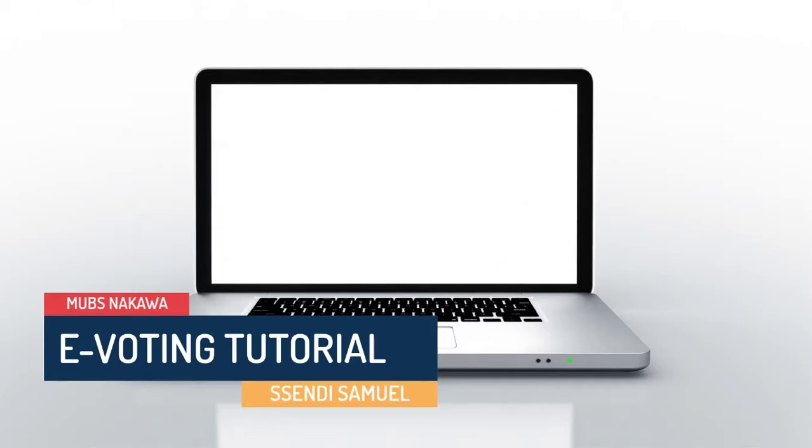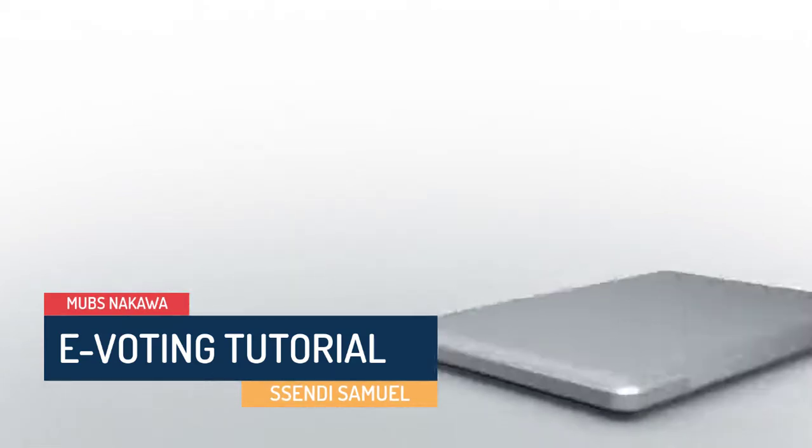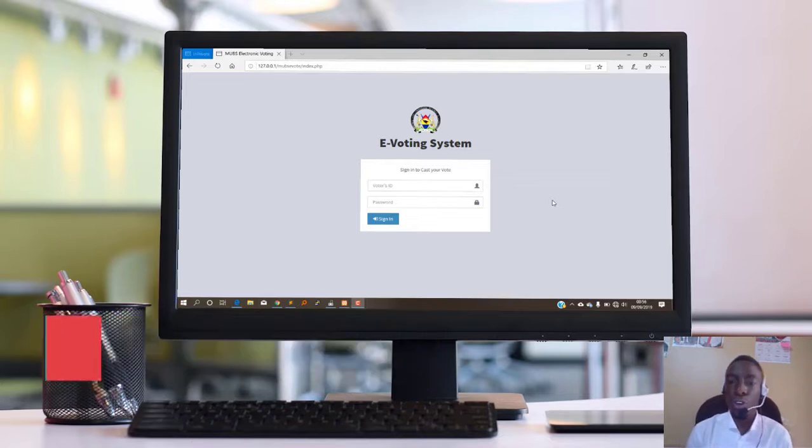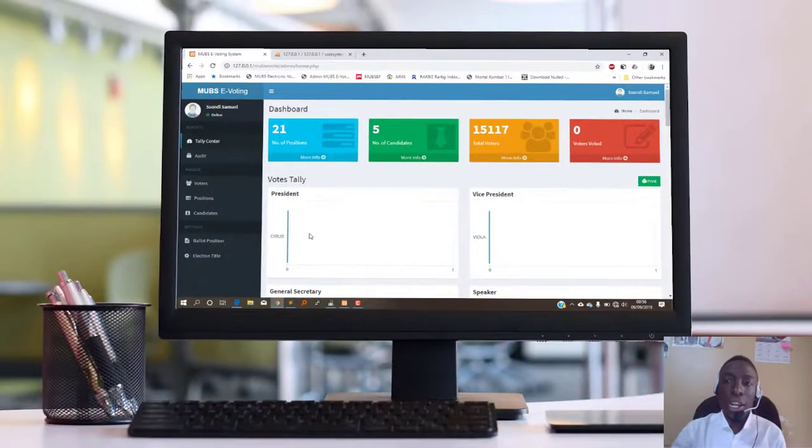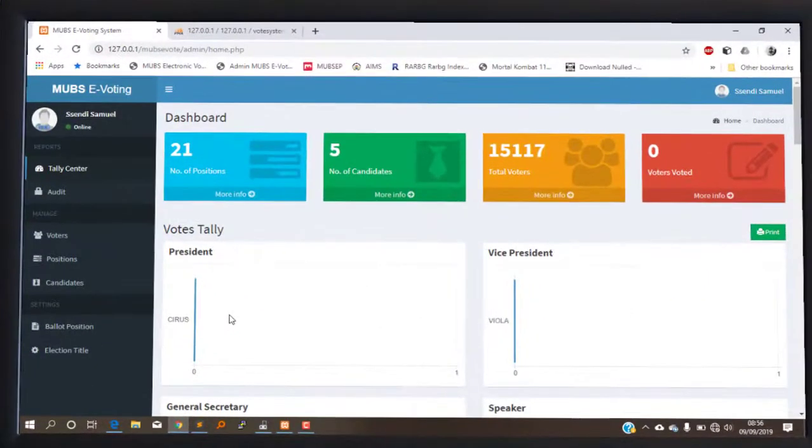This tutorial is meant to teach you how you are going to be able to cast your vote for your favorite candidate. Now the voting system is an online system that can be accessed across any browser, across any device, and we are planning to use it in the SECA election from ADB, where students will be required to walk into the labs and vote for their favorite